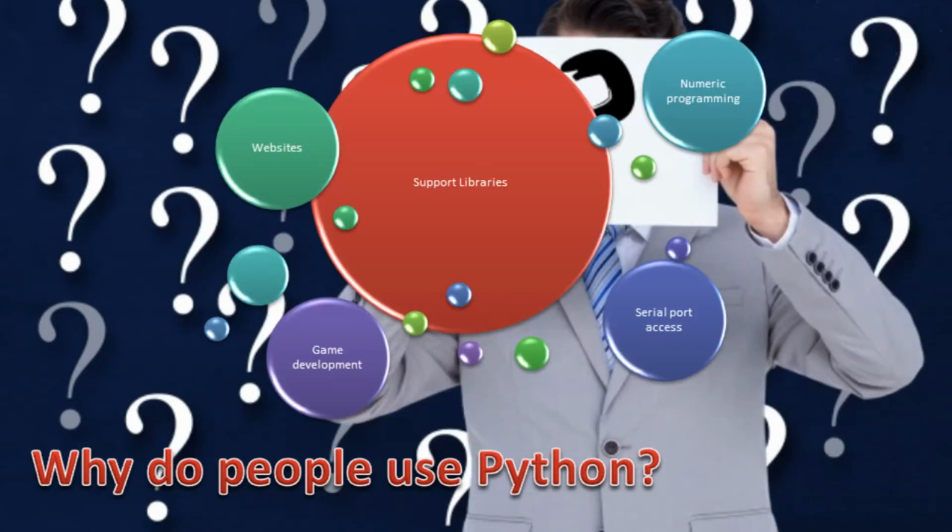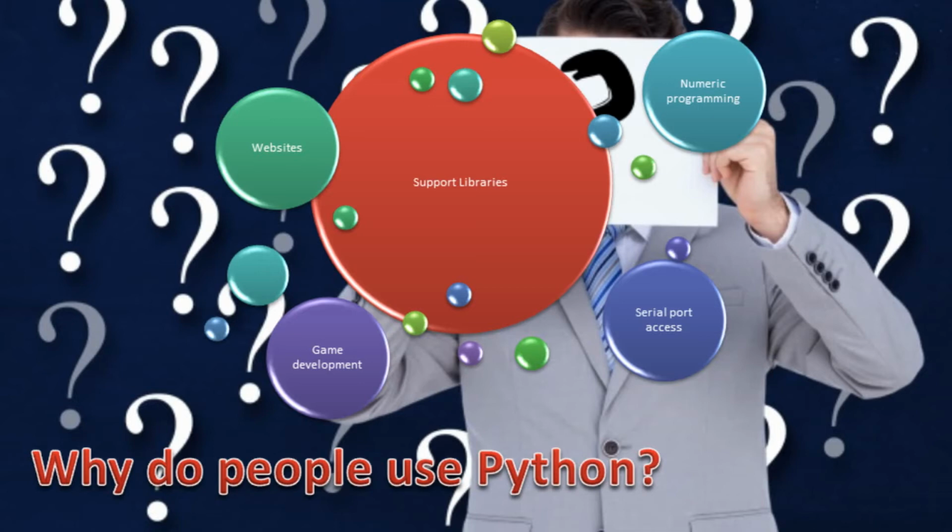If you want to print something on the screen, you can do it with a print function in Python. The third reason is support libraries. Python has standard libraries, and you can import them and use their functions and methods, and you can create your own functions and your own libraries, and you can use these libraries in different